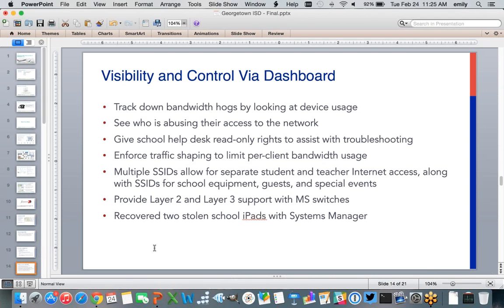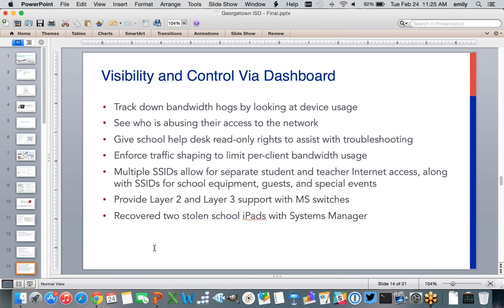Right. Going down to the system manager, I can talk to that real quickly. It's probably been more than 2 iPads, but the visibility that the product gives us into the device, its location, and the network that it's connected to has allowed us to work with police. I believe we were dealing with police officers in other locations and actually give them information that allowed us to recover some stolen devices.